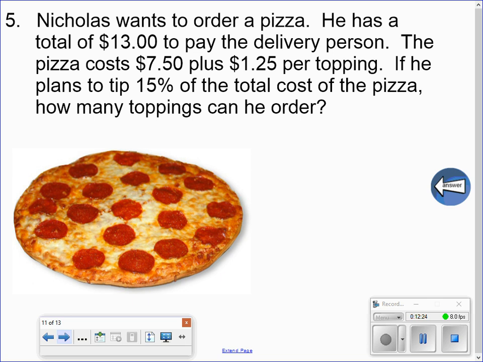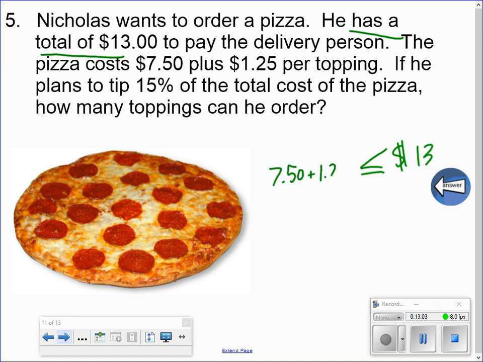Okay, Nicholas wants to order a pizza, and he has a total of $13 to pay the delivery person. The pizza costs $7.50 plus $1.25 per topping. If he plans to tip 15% of the total cost of the pizza, how many toppings can he order? So we need to write our inequality here. We know that he has a total of $13. So what this tells us is that whatever he spends, whatever he orders, must be less than or equal to $13. Now, we know that the cost of the pizza is $7.50